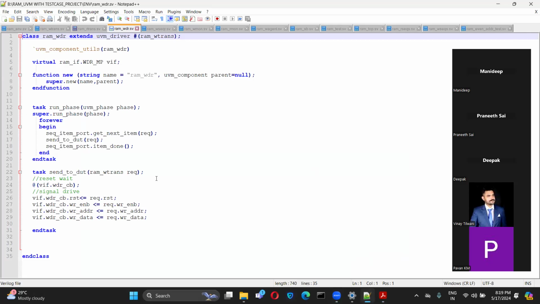You can find it in the UVM libraries, in some UVM sources. In Google, you can search for the source code of this particular get_next_item. In any of the reference materials you might not find it, but in the standard UVM books you might. Okay. Because there you are sending the transaction item, right? So how will it send to the driver? Yeah, you can go through it once. Okay.